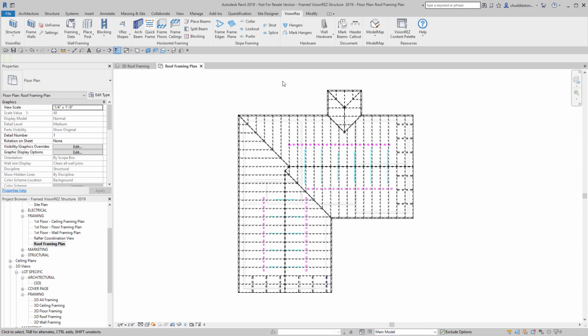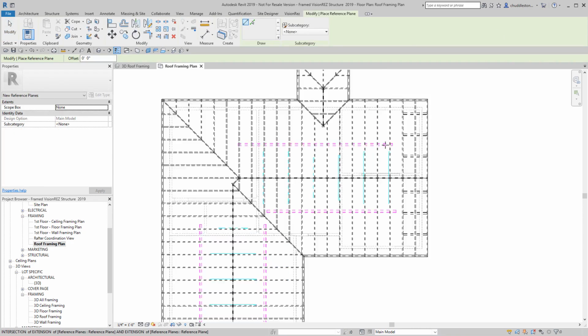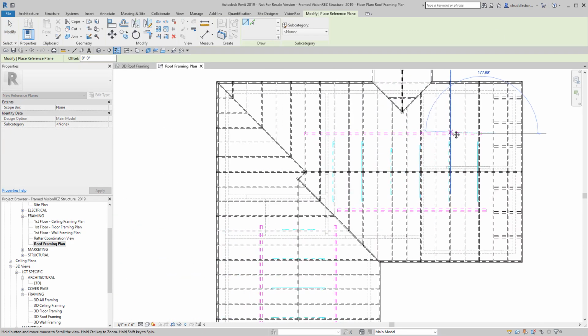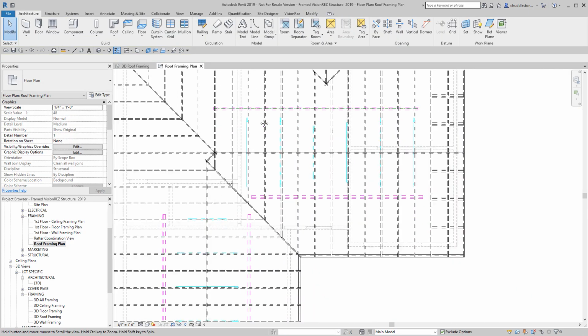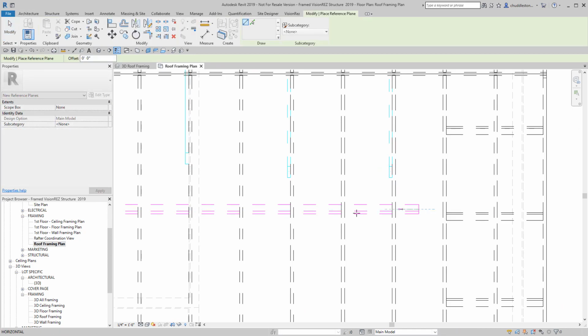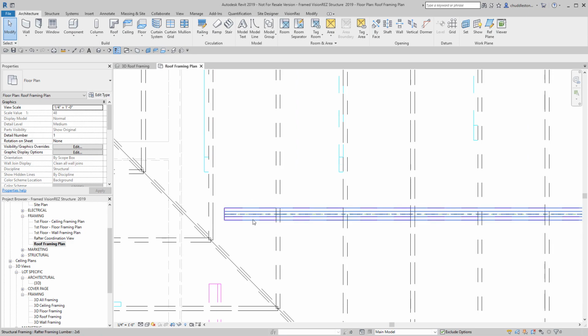But in order to do that, we need to do some reference planes on top of our purlins, so we can see that in our ceiling framing view. So we can add a multiply float beam, so we can add our struts from the top of the rafter to the beam. So what we need to do is go to Architecture, draw a reference plane, just pick the top of that purlin, place it, and let's go do the other one, place that,